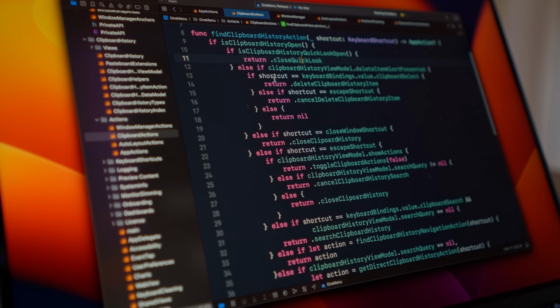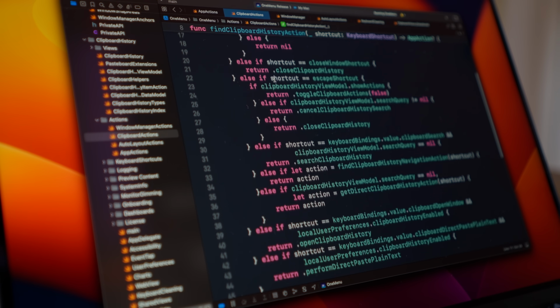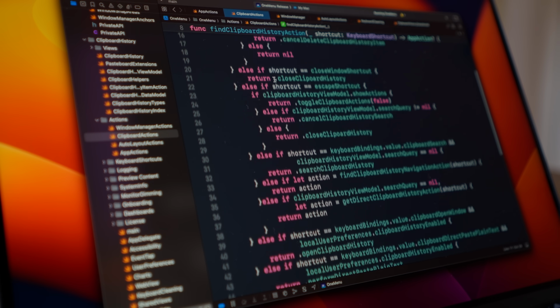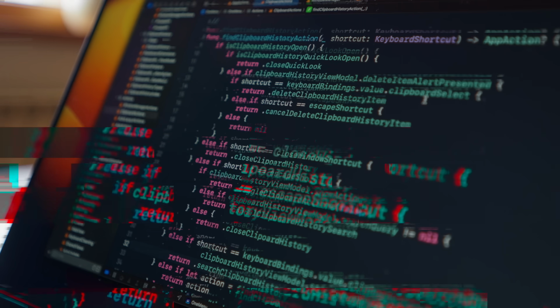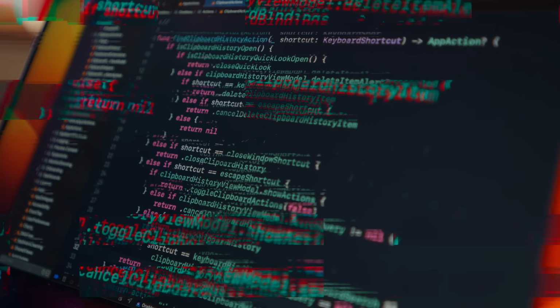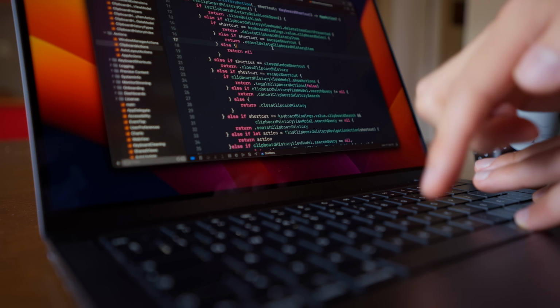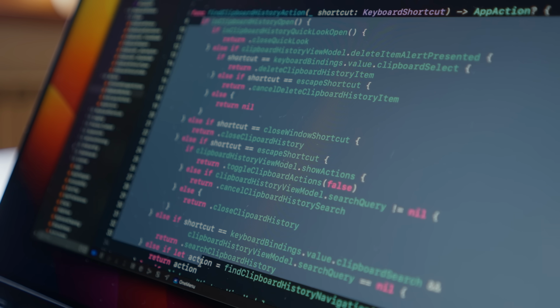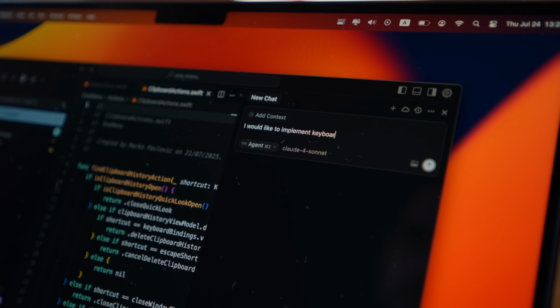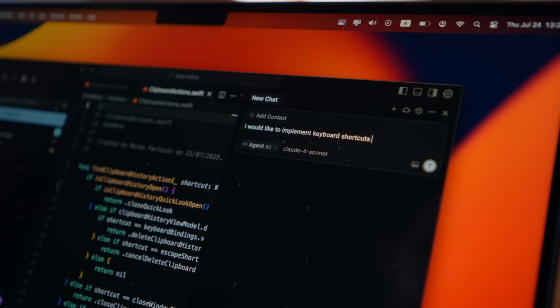This is some logic that decides what happens when a user presses a keyboard shortcut in my app. Now you might look at this and say, well, Marco, that's really crappy code. Not untrue. Look at all these beautiful nested if statements. But hear me out. When a key is pressed, them's the rules. If you were trying to prompt Claude to implement this for you, how would you describe it?